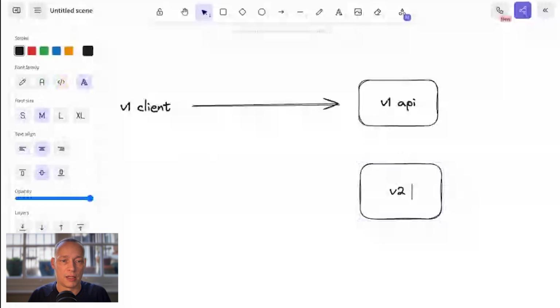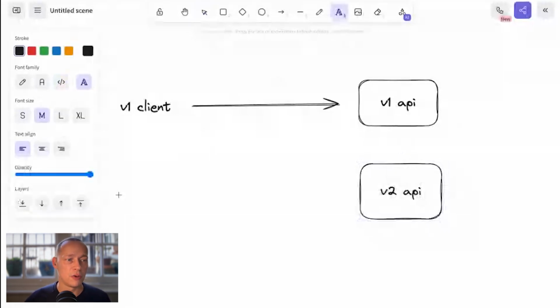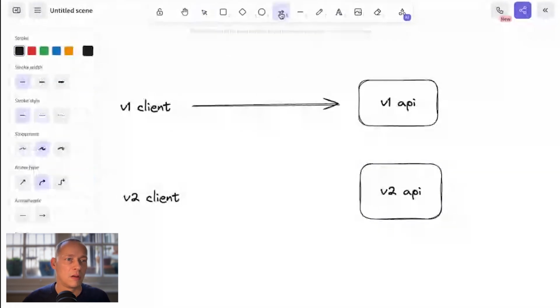of your API, and you have a V2 client, and that's pretty easy, with the caveat that now the engineering team is supporting both V1 and V2, and you're saying that's the thing we want to fix here.